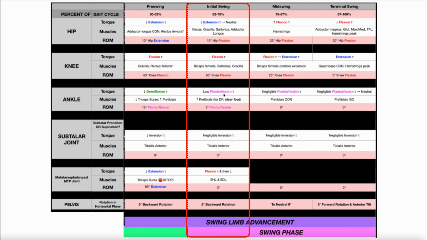And as you might imagine, to clear that foot across the ground, we have activation of the pretibials. This is going to facilitate dorsiflexion and help clear that foot so that the toes don't drag across the floor, the foot doesn't drag across the floor, etc. Okay? And notice in pre-swing we had 15 degrees of plantar flexion. Well, during initial swing, we're not quite getting to neutral yet, but you see we're moving in that direction. So we drop about 10 degrees and we get to about 5 degrees of plantar